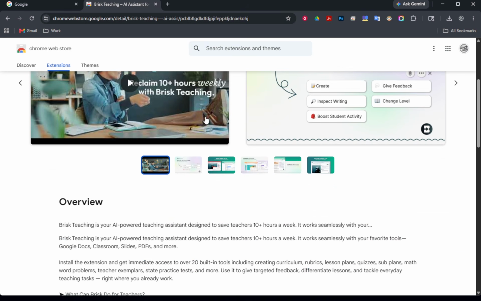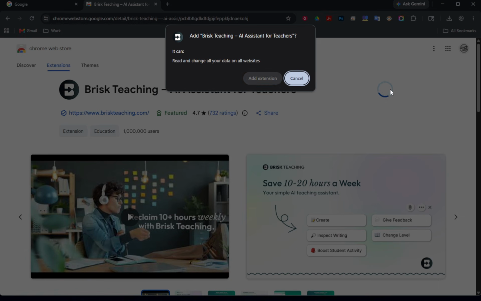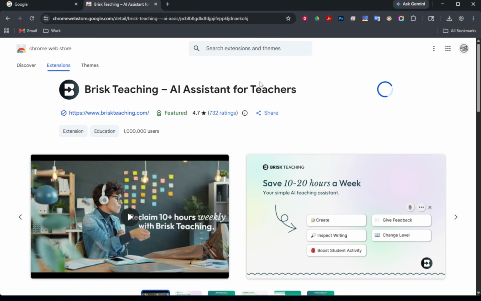On the extension page, you can quickly confirm you're in the right place by checking that the name matches and that it looks like the official Brisk Teaching Chrome extension. When you're ready, click Add to Chrome. A small pop-up will appear asking for confirmation. Click Add Extension. Chrome will download and install it automatically, and you may see a brief notification letting you know